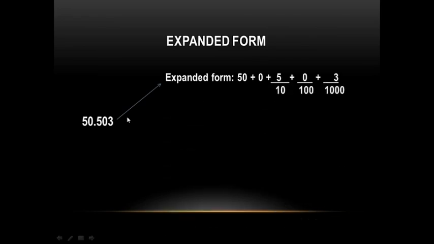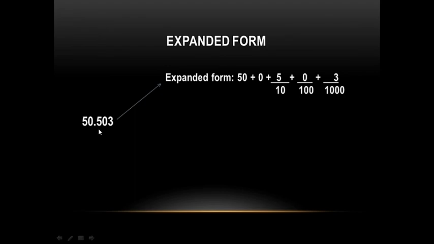Then we have taken one more example, that is 50.503, and now we have to write this in expanded form. Earlier I told you how to write in expanded form. Here before the decimal two digits are given and after the decimal three digits are given. So how will we write it in expanded form? Here 0 is the unit place and 5 is the tens place. So 50 is expanded as 50 plus 0, as 5 is in the tens place that's why 50, and 0 is in the unit place, so here we will write only one digit, that is 0, then plus.